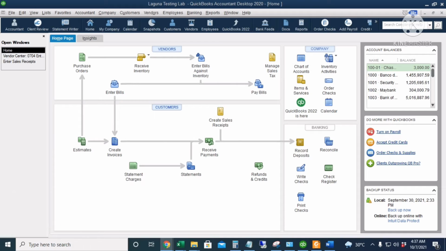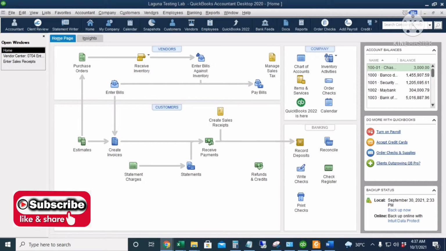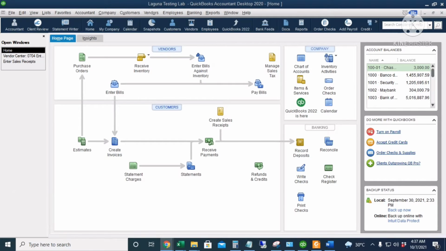Hello, everyone. When customers purchase goods or avail services from your company and pay on a later date, we use the Create Invoices icon to record the sales. After we create an invoice, it will go to the accounts receivable of the customer and also adds to our sales. For our video for today, I'm going to show you how to create an invoice and then receive payments